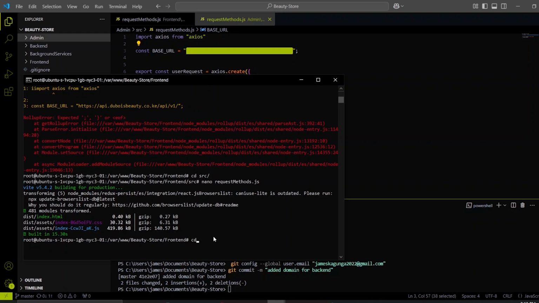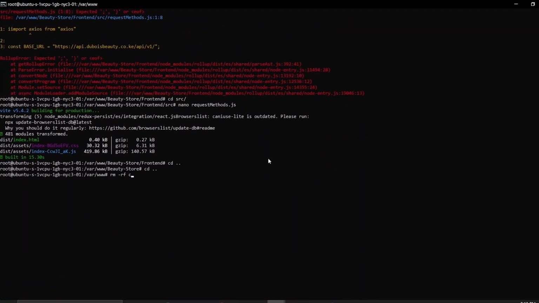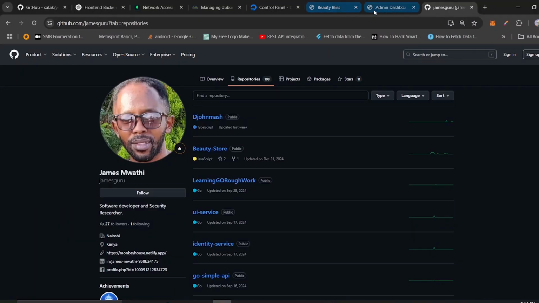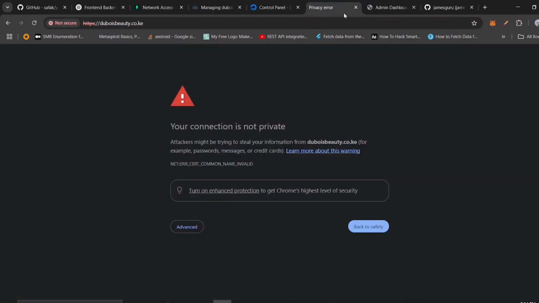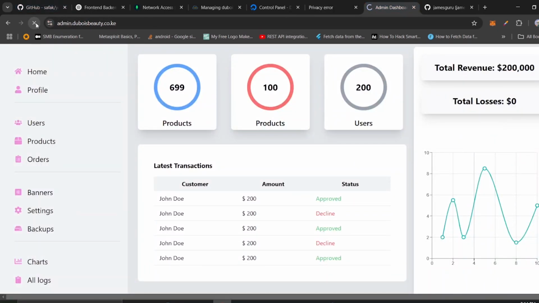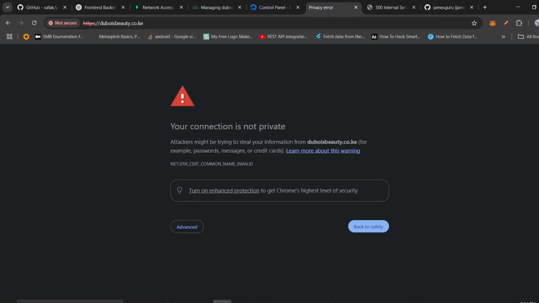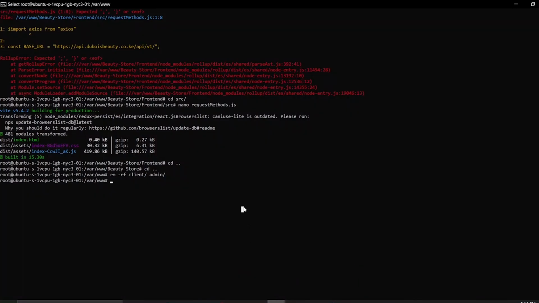So what I'm going to do is to make sure that I now delete this. I want to delete first of all the client where we have the code that is running in our front end. So rm, and let me make sure that this is a full screen so that you can see. So I'm going to delete these two, admin and the client. If I do that, and then because in our client that's where our front end code is running from, if I reload here you cannot see anything. You can see it has an error, and also for our admin here we are going to have an issue. So let me create other empty folders and then make sure that we have added now the updated code that has our backend